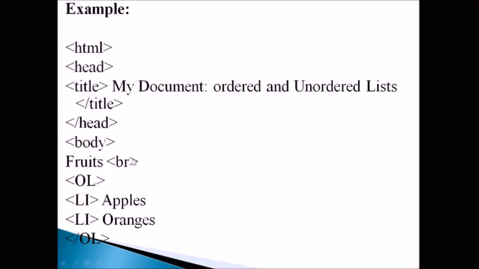So after fruits there is a tag BR. Why we use this BR? To make a line break. So after fruits we need a line break. That's why BR is given here. And the OL tag is used so that it is an ordered list, isn't it? And it has a respective closing tag. Within the block of ordered list, we have used two listing items with the tag LI. All the items should be listed using the tag LI. Okay. LI apples, LI oranges. Now these two items are given within the ordered list block.